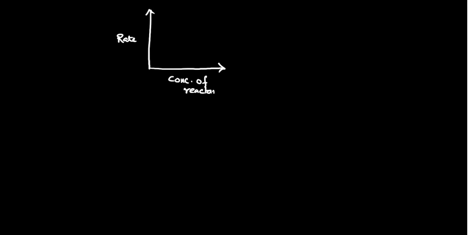what will be the nature? The nature will be, because this reaction is having a particular rate, suppose it is specified by this value of rate, with the change in concentration of the reactant, the rate is not going to vary, because rate is independent of the concentration of the reactant. That's why we have written R is equal to K A to the power 0, where A represents the reactant. So with the change in concentration of the reactant, the rate is not going to change. So rate will always show a constant value. This is the speciality about a zero order reaction.